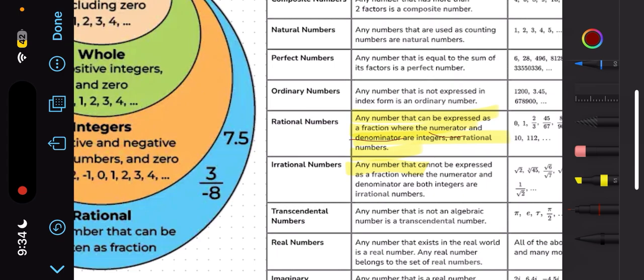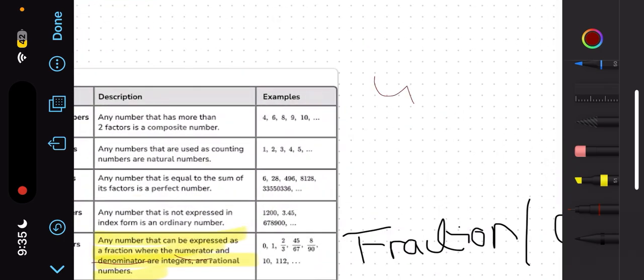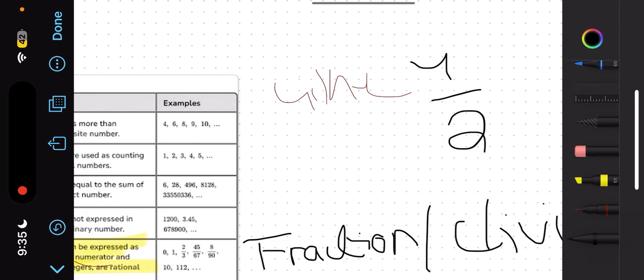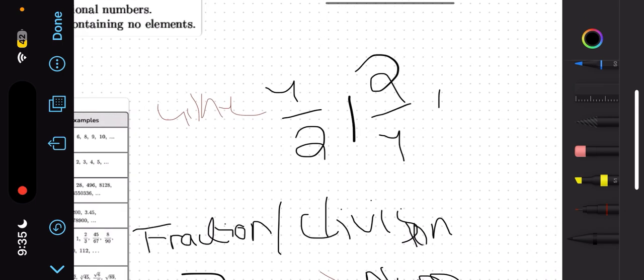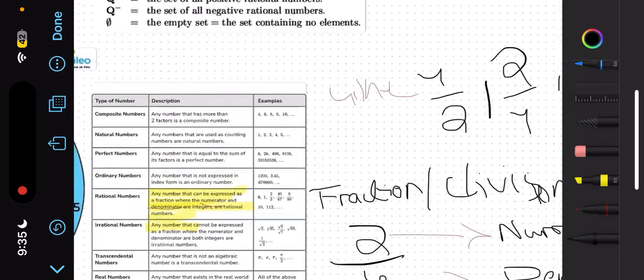Now let's study what is a rational number. A rational number is any number that can be written as a fraction, like 4 upon 2, 2 upon 4, or also in variables a upon b. Okay, so these all are